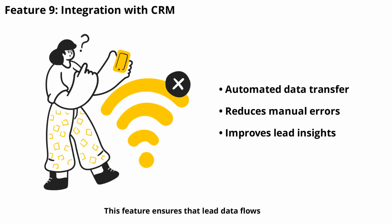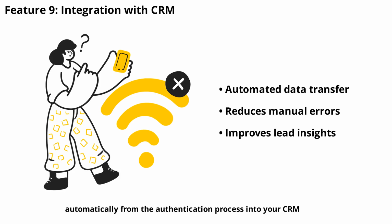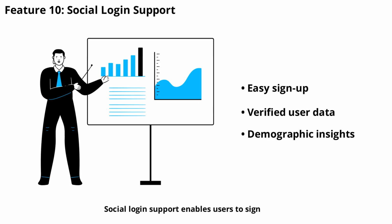tracking. This feature ensures that lead data flows automatically from the authentication process into your CRM, eliminating manual entry and reducing errors. With integrated systems, your team can track lead journeys more efficiently and gain deeper insights into user behavior and conversion patterns. Social login support enables users to sign in using their existing social media accounts, such as Google